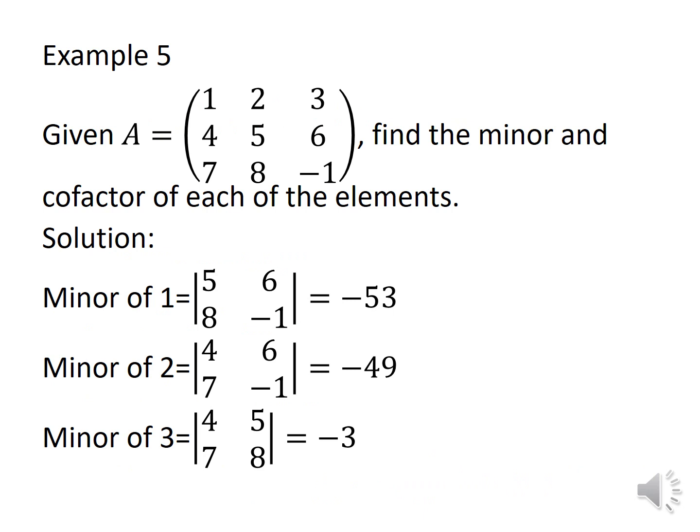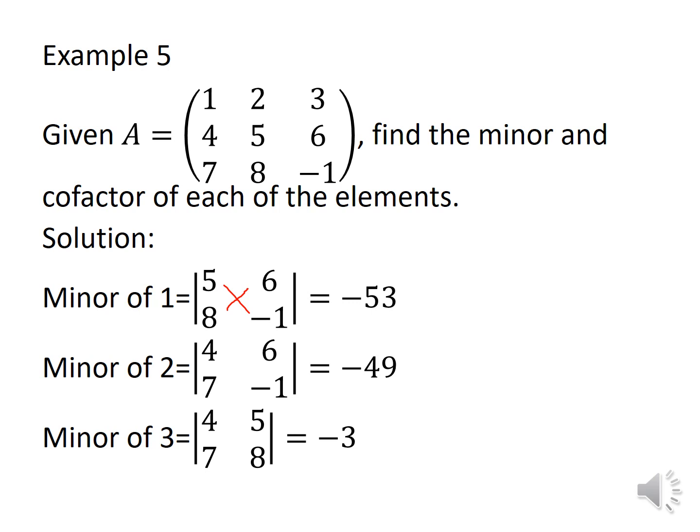Look at this example. Given matrix A, find the minor and cofactor of each of the elements. For the minor of 1, you close the whole first row and the whole first column. So we have 5, 6, 8, -1. Then we put a cross, and we have the value is